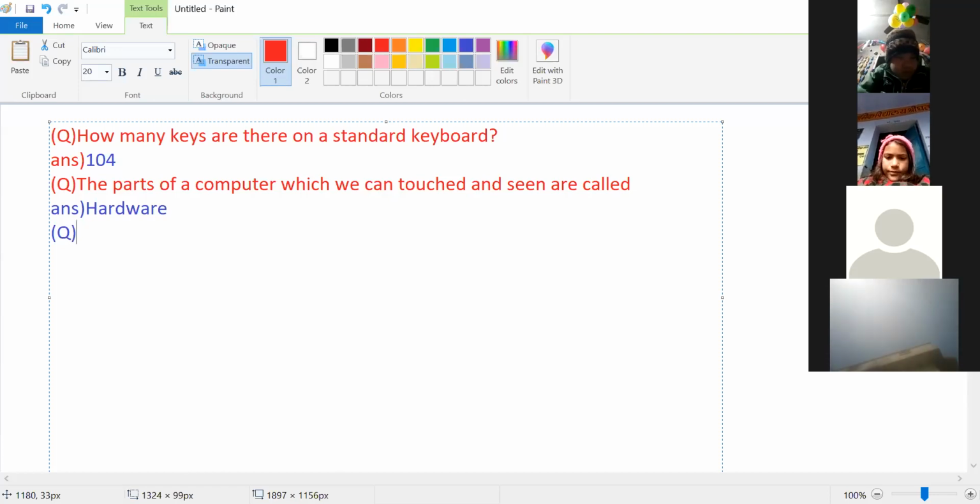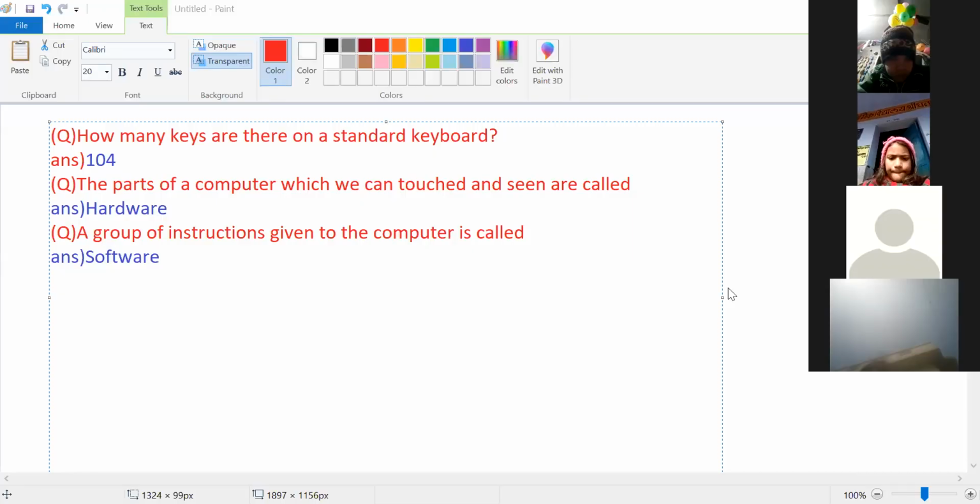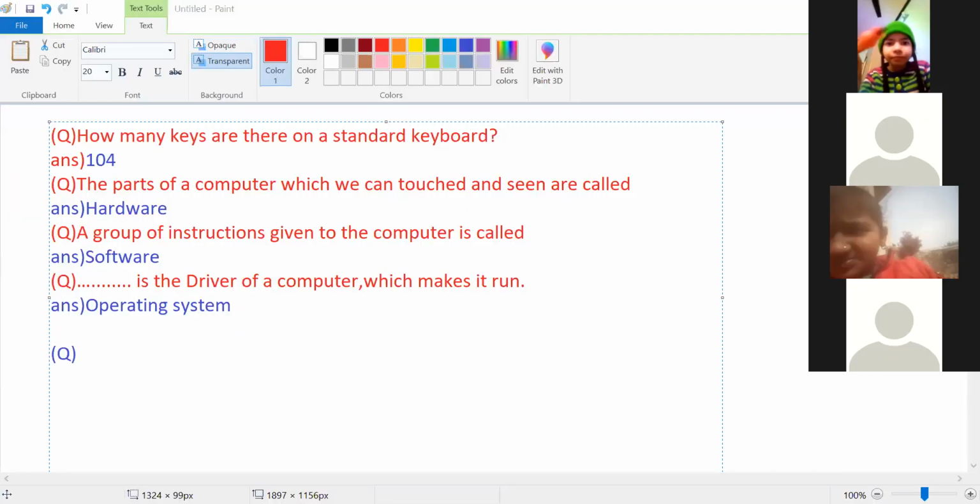Now answer everyone the next question. Software is the answer. Okay, everyone try to answer, please. The right answer is operating system.